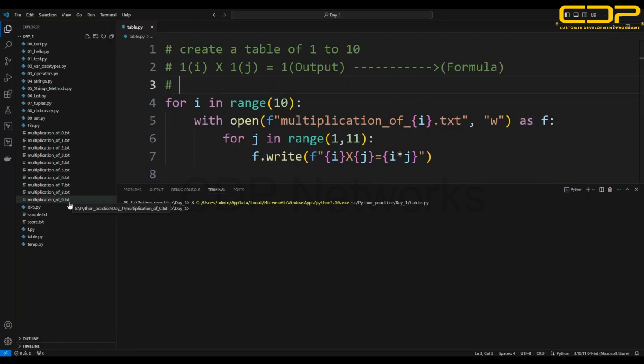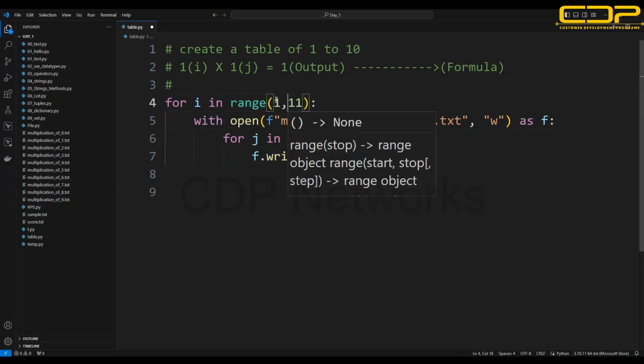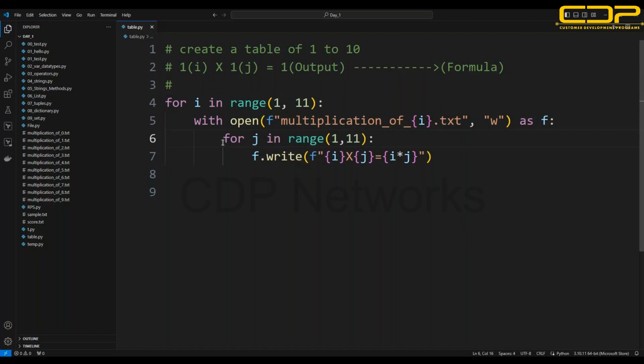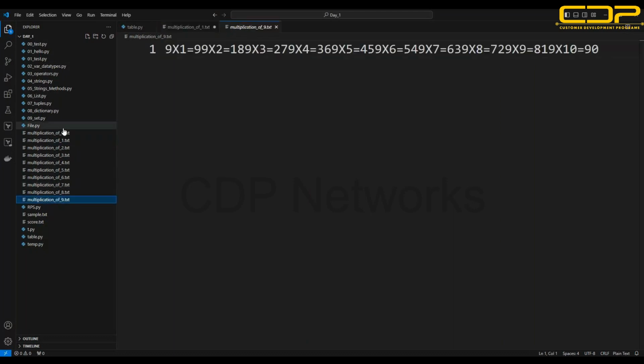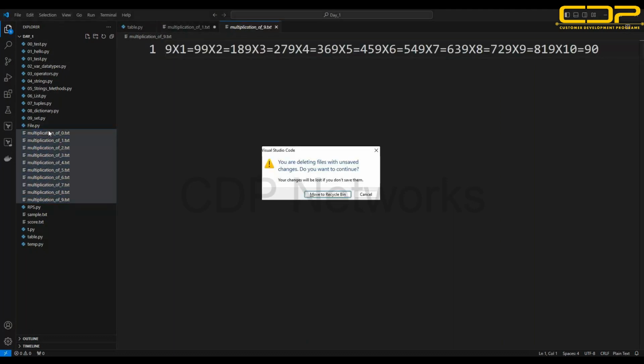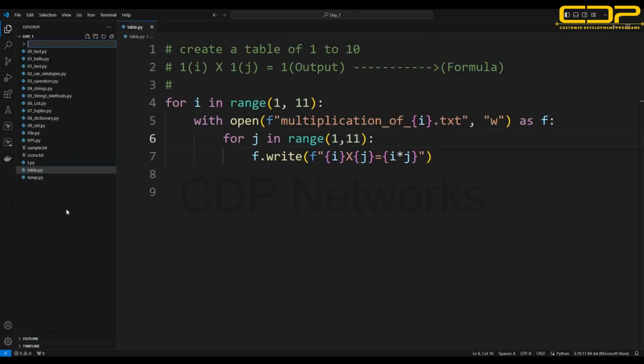0 to 9. So okay, here we need to mention 11 to print up to, and here we need to mention 1. So it will print from 1 to what I'll do. Okay, here also it's messy, 1 into 1. Okay, so there is no space. So first we'll delete it, and then I'll create a folder, and over there,